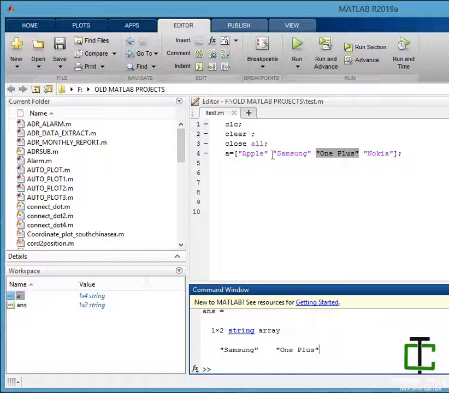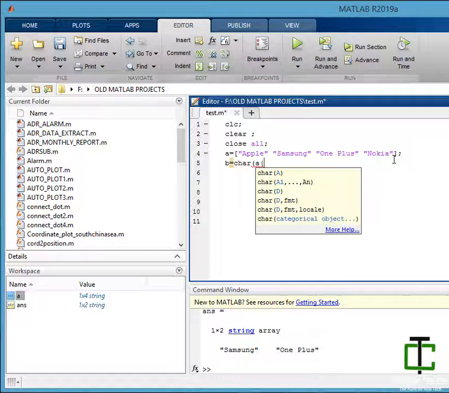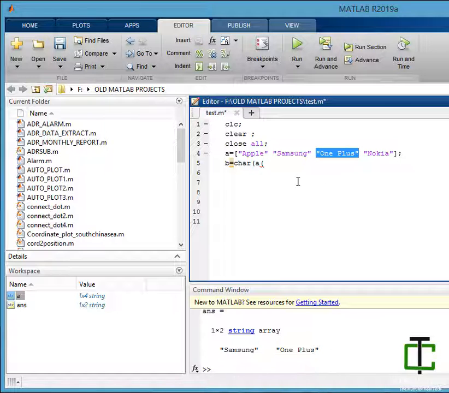Now I want this string to be stored in an array of characters. There is a function called char. You have to choose your string. Let's say I want to convert this string into an array of characters.